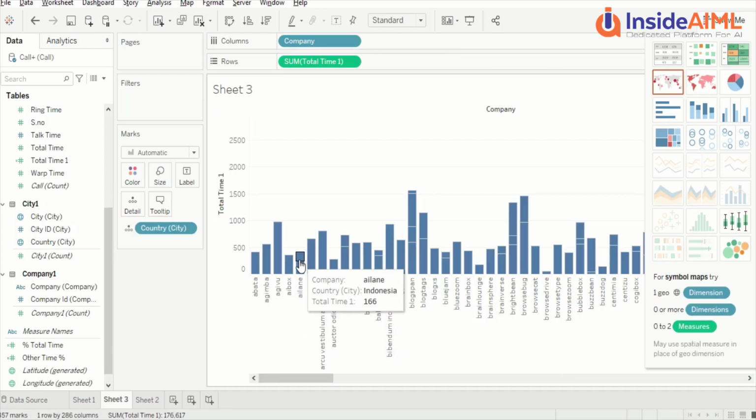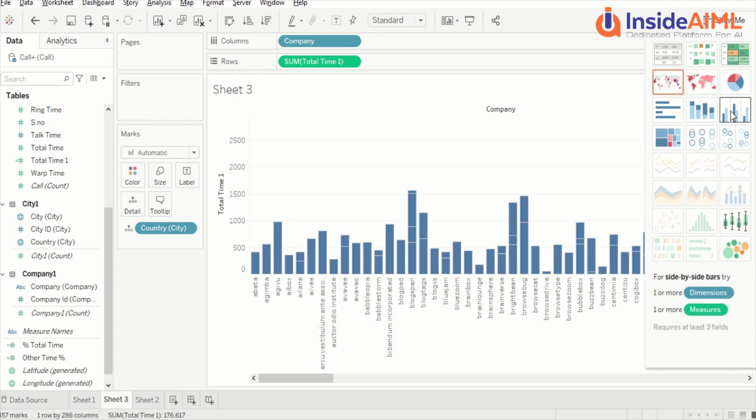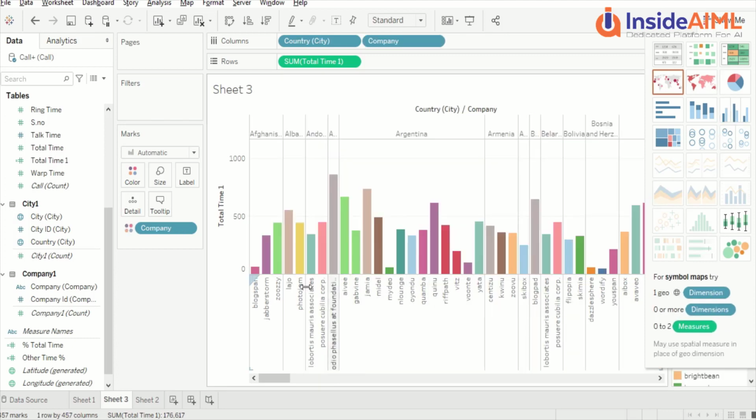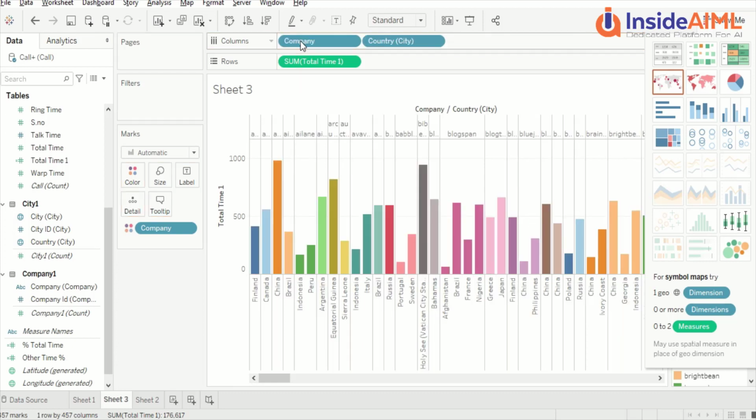Okay, so now you see, if there are countries, they are here. Two countries stacked. Now this is another representation which is much better. Here in this representation you can play around. Basically this is a clustered column bar, or clustered bar, we can say. Here we can actually move them, and this is going to create a difference: inside the company the countries, or inside the countries the companies.